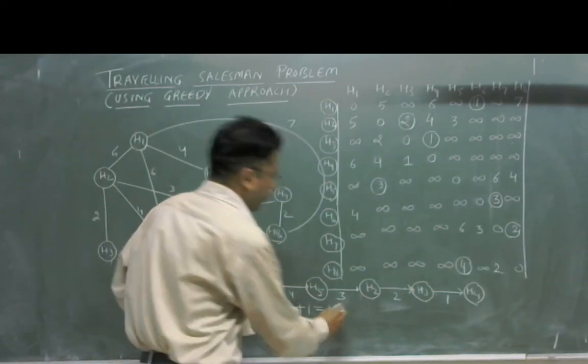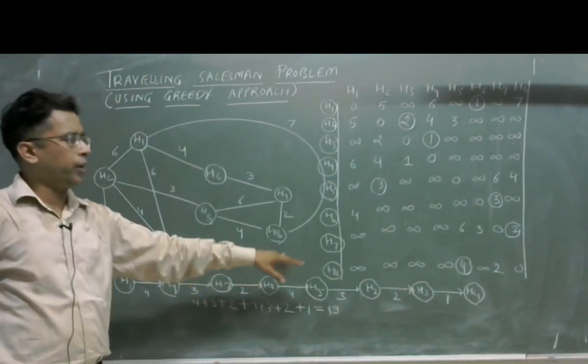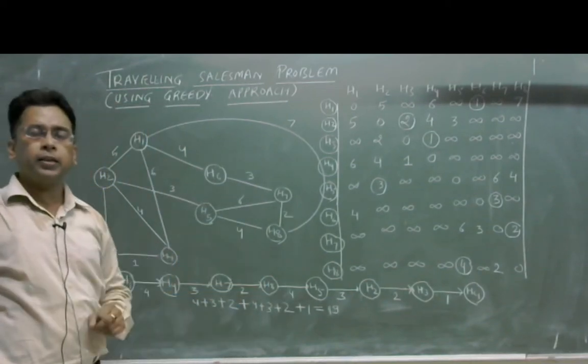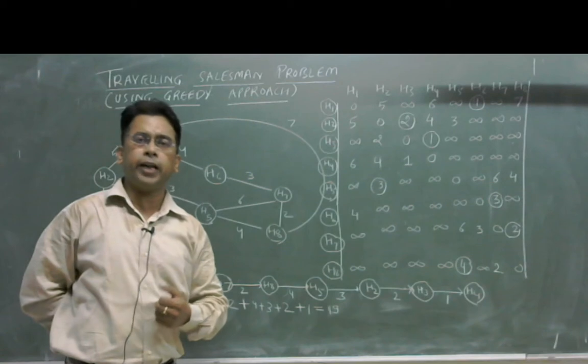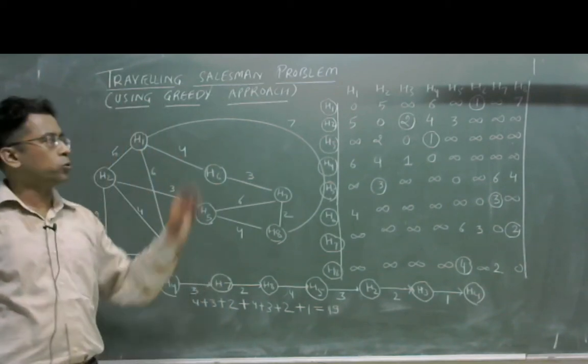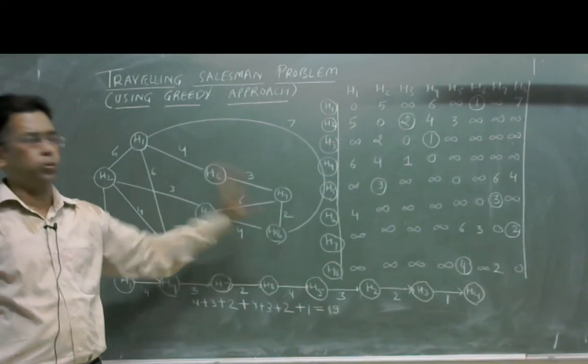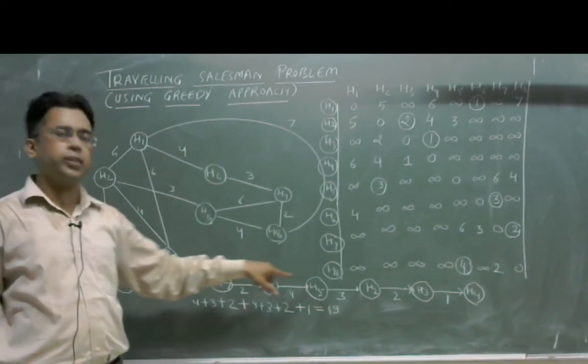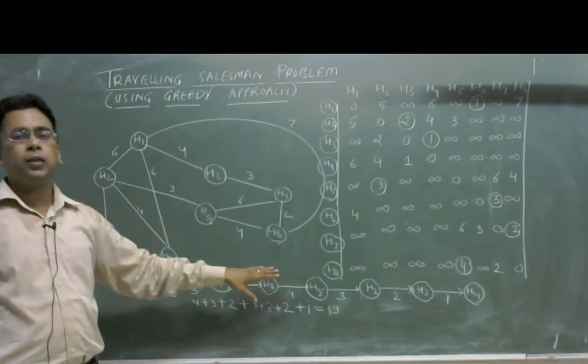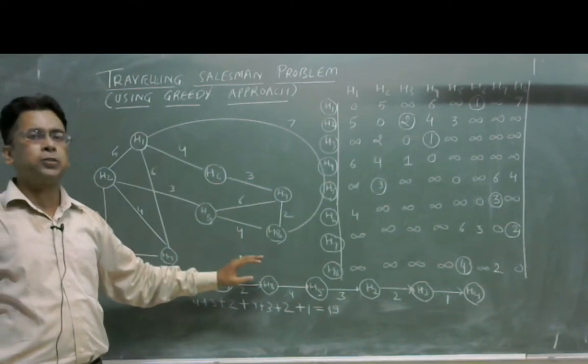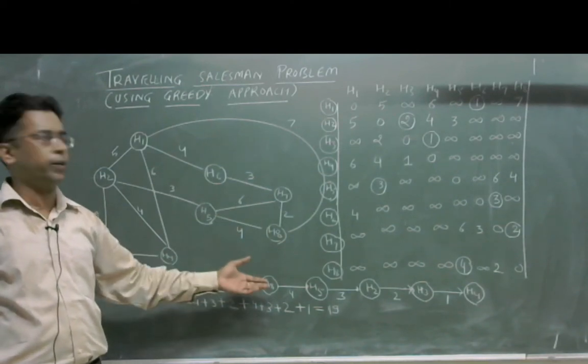So by adding all these values, we have got 19 as the minimum distance that we have to travel to cover all the nodes. This will be the optimal distance that the salesman has to travel to cover